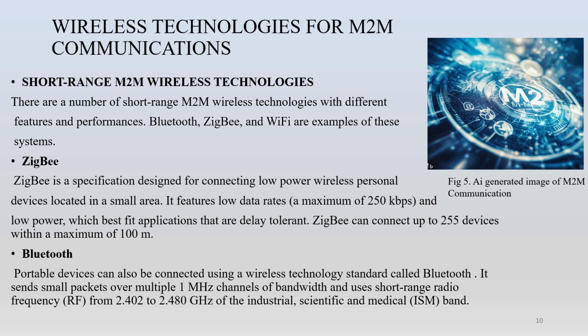There are a few that are of short range, that are Bluetooth, Zigbee, Wi-Fi, and so on. So coming to Zigbee, it is a wireless communication standard used for home automation and IoT devices. It operates on low power, low data rate, and short range transmission. It is suitable for connecting devices within a home or small areas. So that's about Zigbee. And coming to Bluetooth, it is a wireless technology used for short range communication between devices, to transfer data and information along short distances within 10 meters, to connect phones, headphones, and speakers.